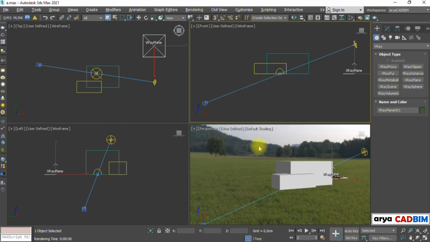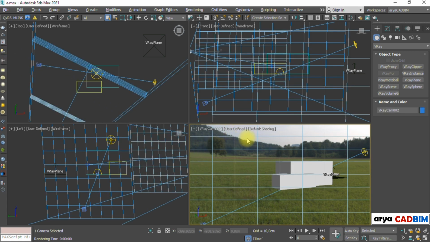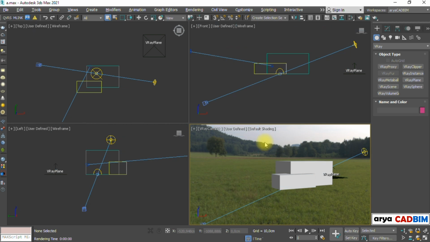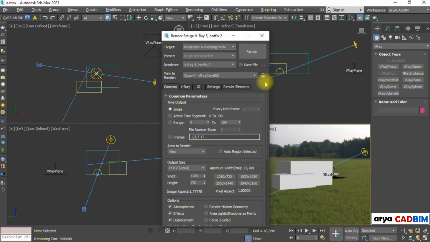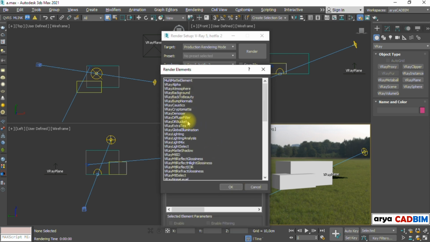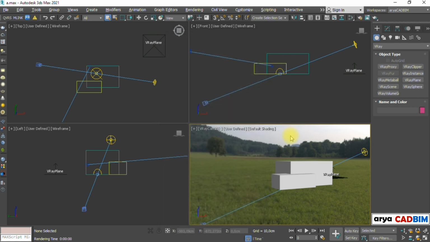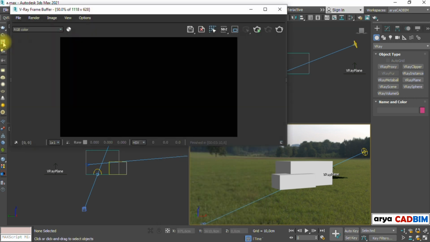Okay. Now change the view to a camera view. Go to Render Settings. Lock the view. And add a V-Ray denoiser element. Okay. V-Ray frame buffer. And start IPR.